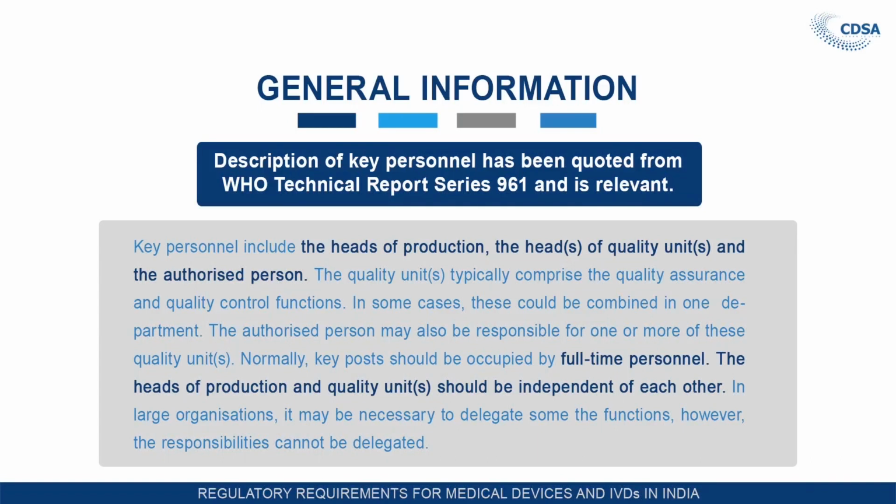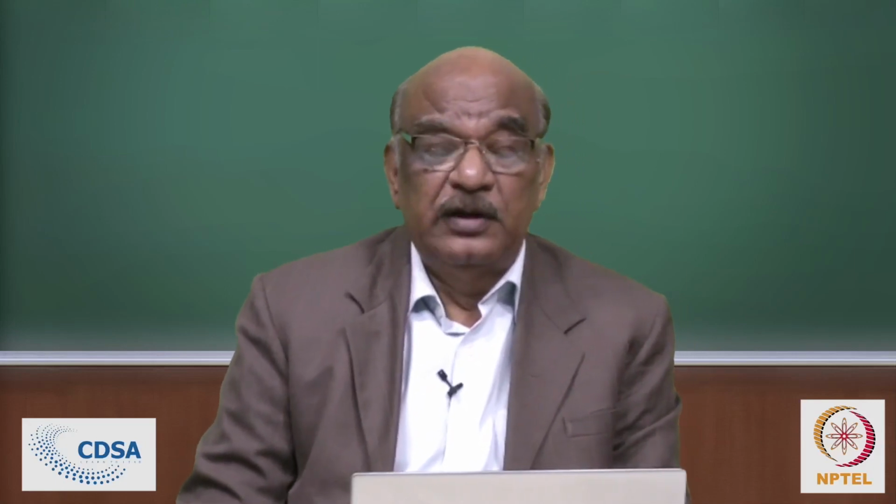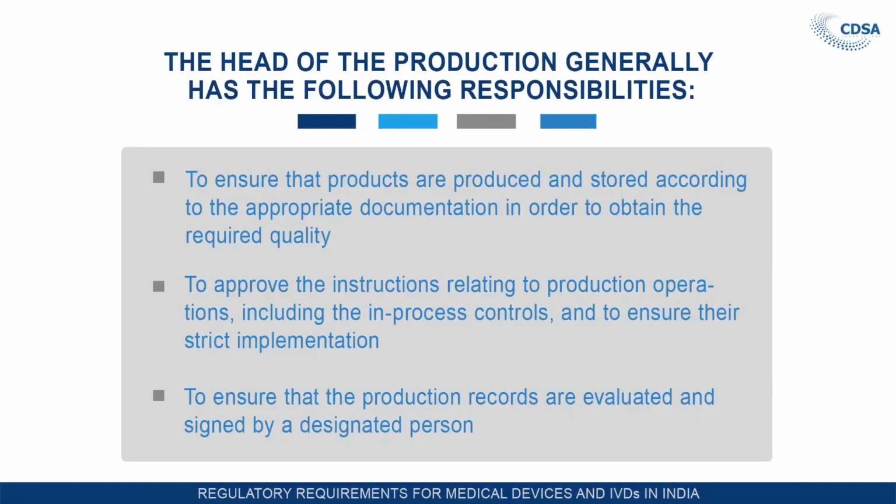The heads of production and quality units generally have some shared or jointly exercised responsibilities relating to quality. These may include, depending on national regulations, that means if the country's law defines something, that will overrule this. The head of production has the following responsibilities mainly: to ensure that the products are manufactured and stored according to the appropriate documentation in order to obtain the required quality,